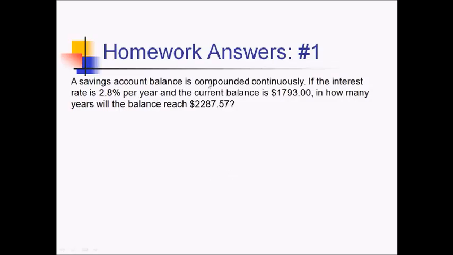For this problem, we have a savings account compounded continuously. If the interest rate's 2.8% per year and our current balance is this, we want to know in how many years the balance will reach 2287.57. Okay, so we've got continuous compounding, so let's start with the PERT formula,